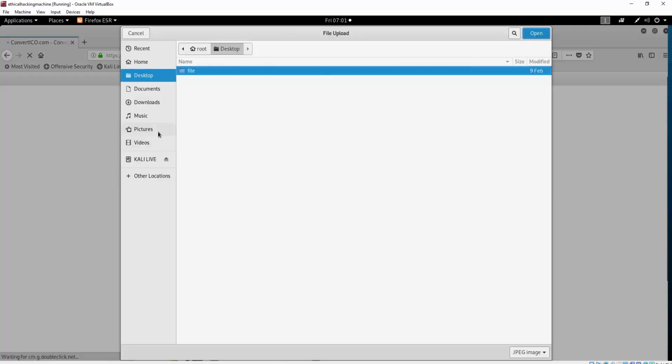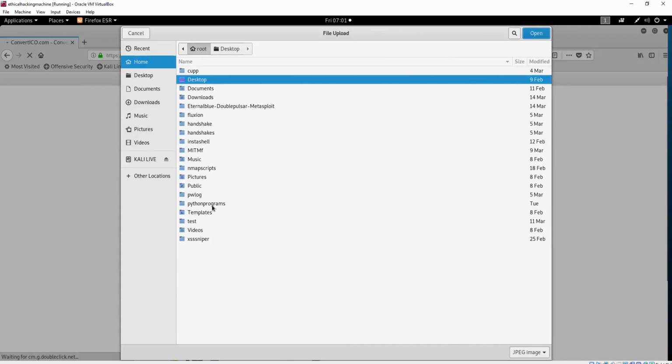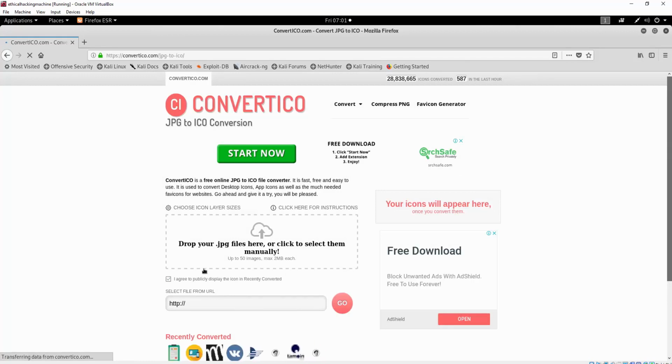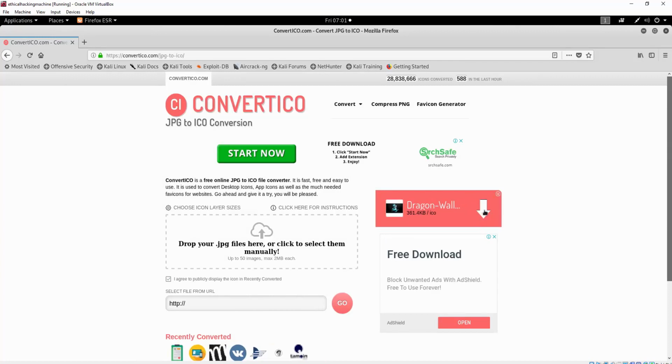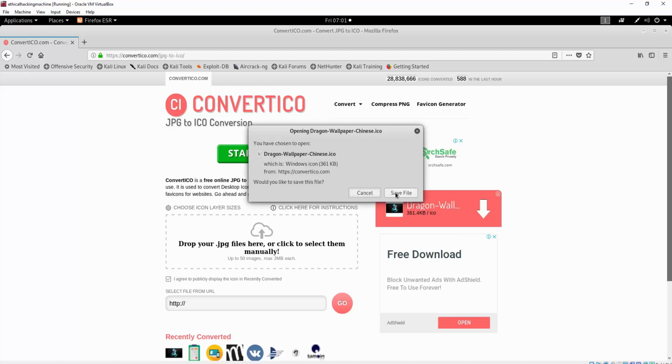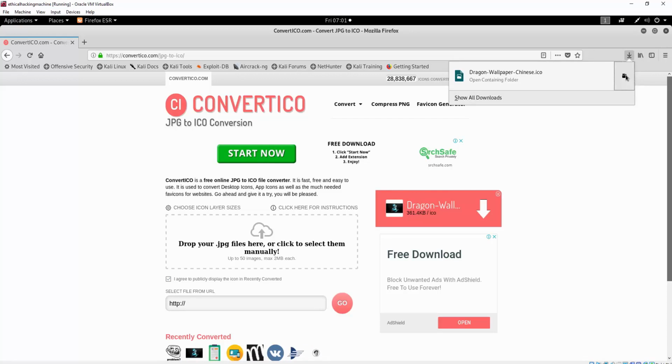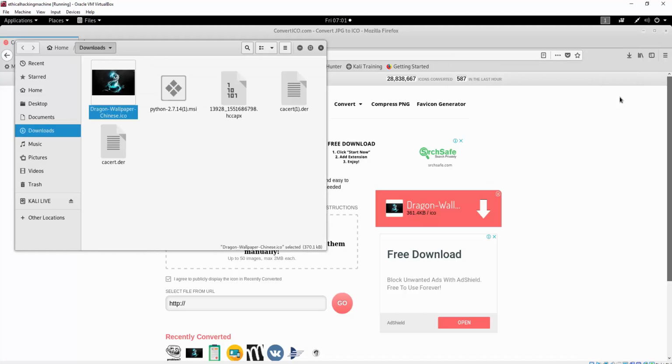Let's click right here. Let's go to the root, then go to the Python programs where my image is, reverse, and upload this image. And then we can, okay, so it finished. So you just click here on the right side, it will be the icon which is created from your image. You just click this arrow right here, so download this icon, and it will download the icon for us. We want to save it, then we want to check out in which directory it is, so we can use it in our command. We can see that it is in the downloads